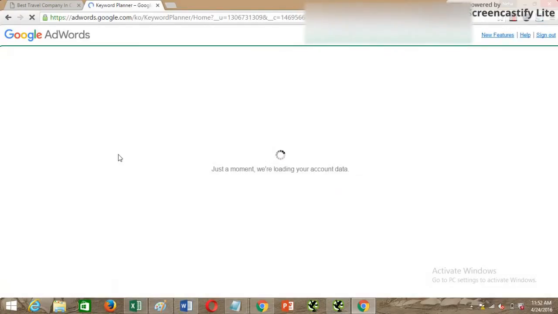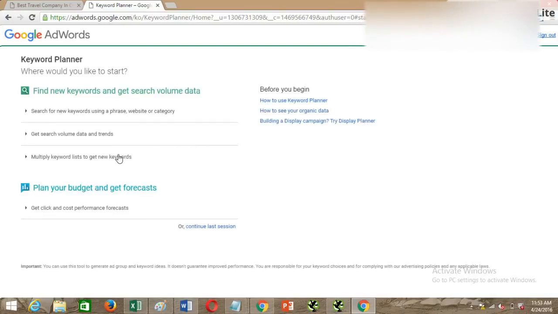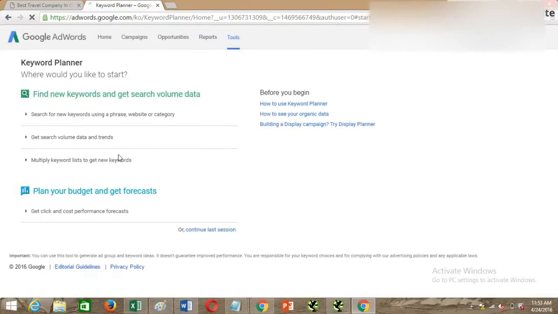Keyword research basically needs some sort of brainstorming as well. You can get some ideas from your competitors, and according to the content that you have on your website, you can keep a mixture of all these things while searching for the keywords. There are many other tools as well, such as WordTracker, and SEMrush is also there. There are many tools available in the market for finding keywords, but I personally prefer Google AdWords because my first priority is to optimize my website for Google in the first place.